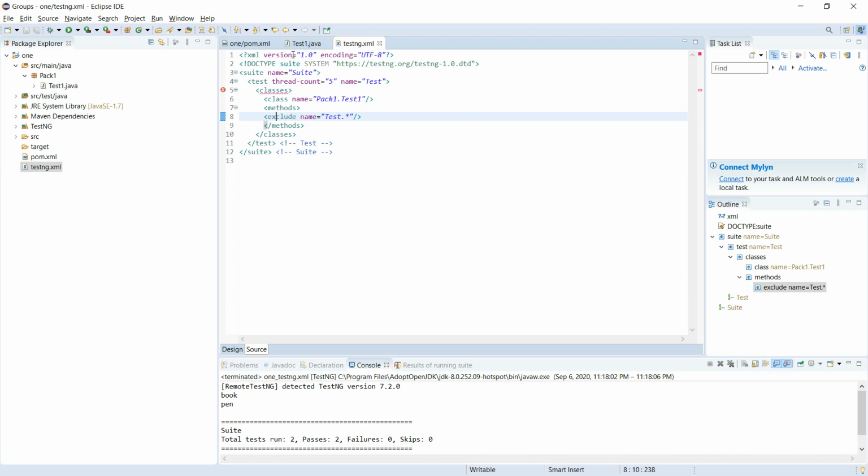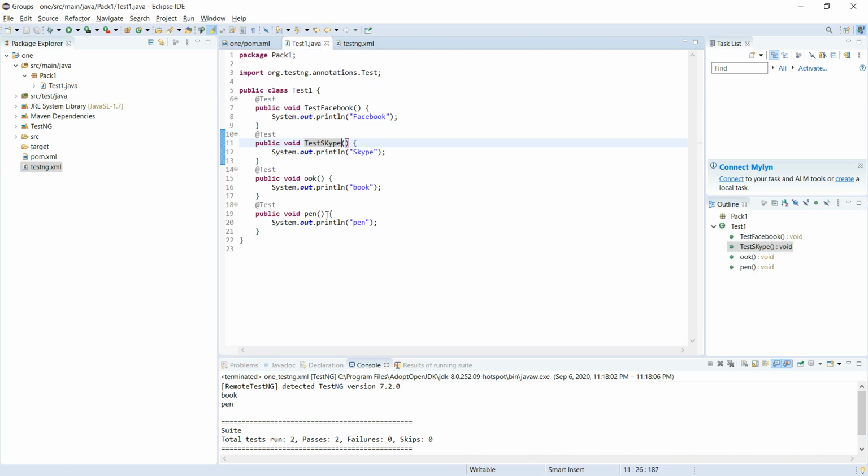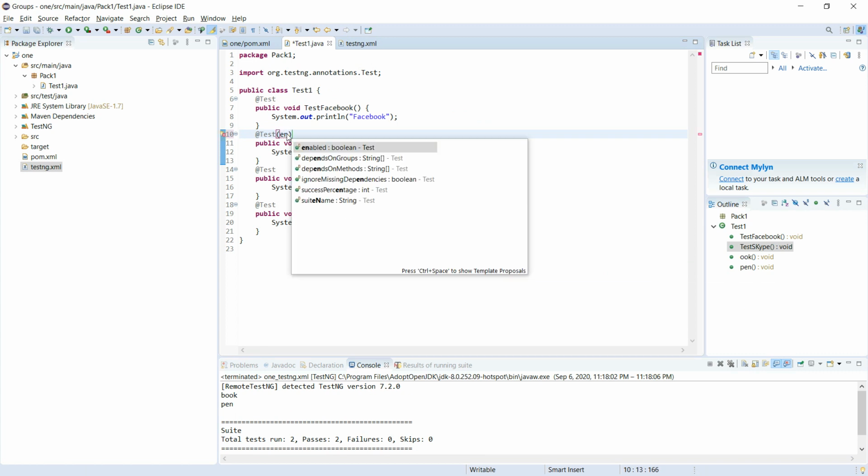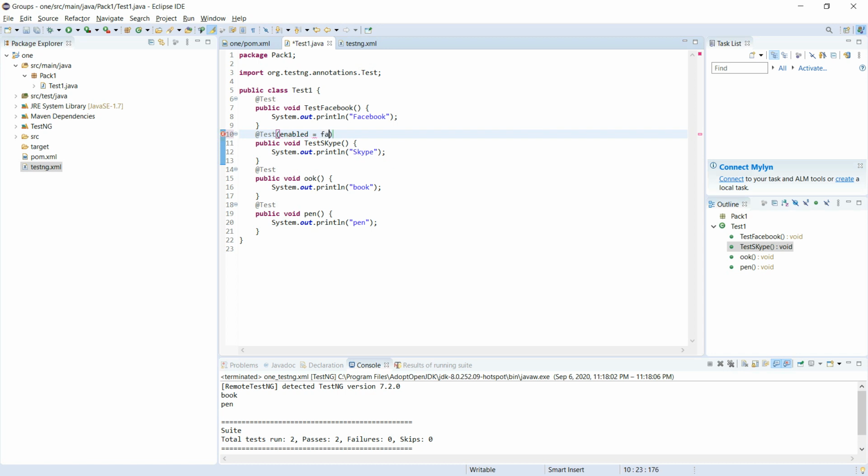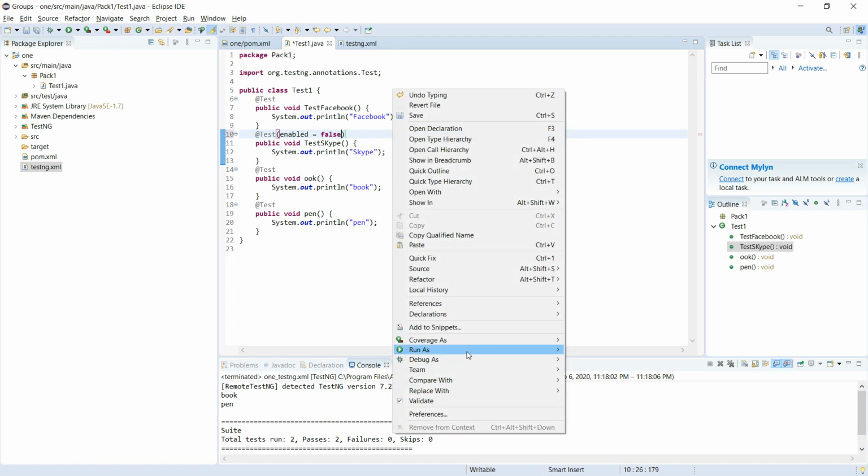And if I want to skip a method, I'll write enable equal to false, then run as TestNG suite.